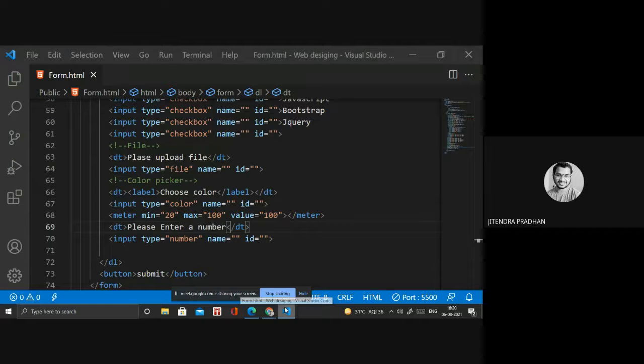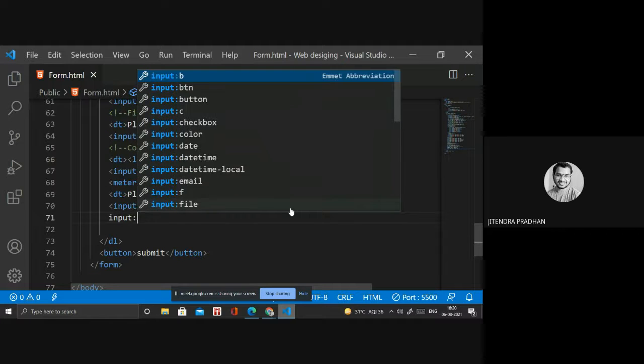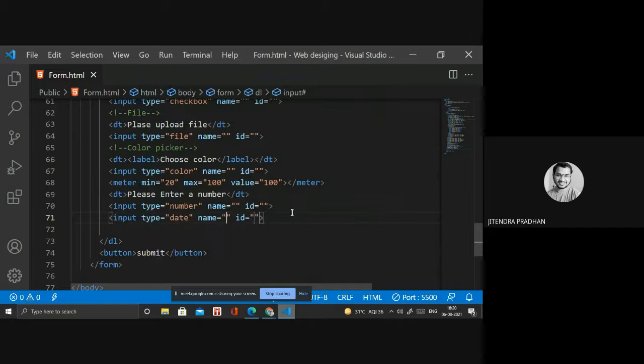Okay, and we have date, datetime-local, and we have month and week. So let's see how they look. Input date and input datetime-local. I think someone asked me before, at the start of HTML, how can I, without using JavaScript, select a particular date, a particular date and time, and a particular month.